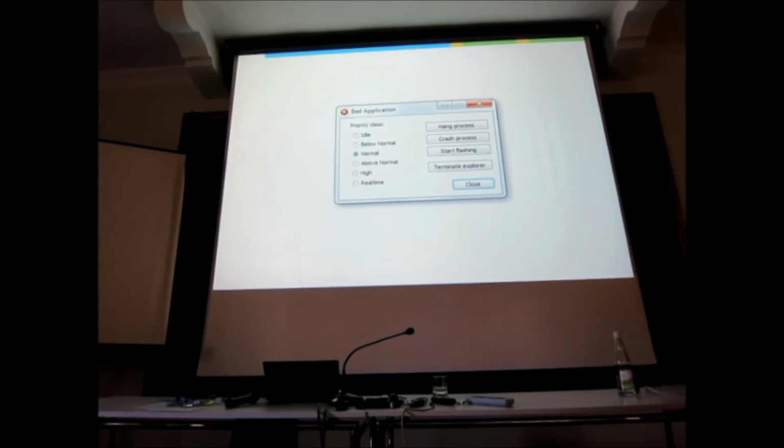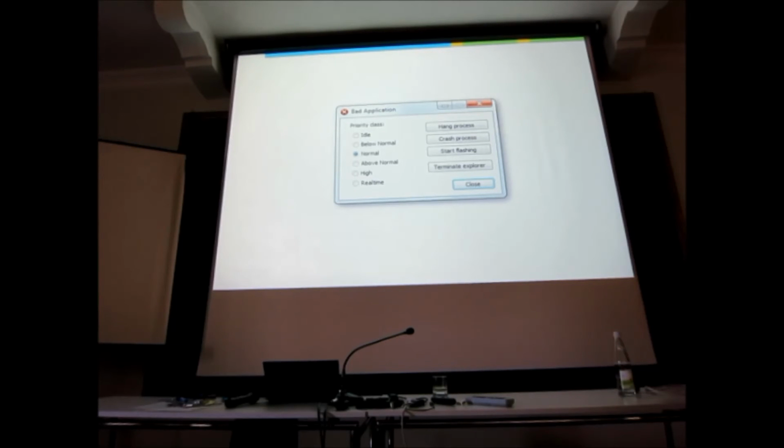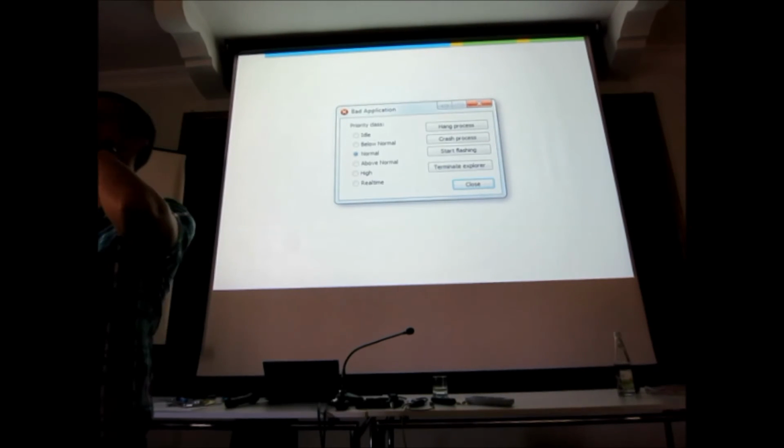Who of you has ever used freely available bioinformatics software? Raise hands. Okay. How many of these 8 people have ever used freely available, are happy with the free software that they used? That's less than half. Okay, I stop here. You see, this is the problem, right? If the software gives you the option to hang, crash, or start flashing, then it's not good, right? This is bad.